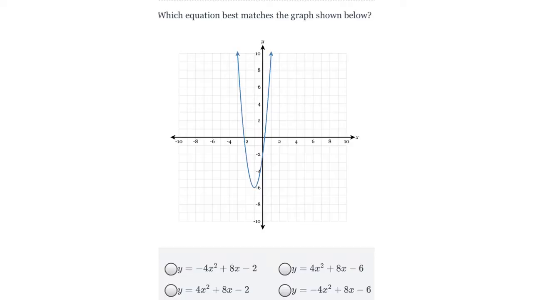Today we're going to look at the Delta Math subject Parabolas, standard form coefficients. This question asks you which equation best matches the graph shown below. If I were going to solve this problem, the first thing I would do is look at the a values